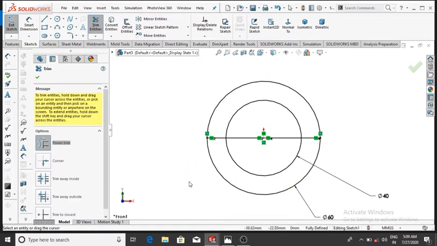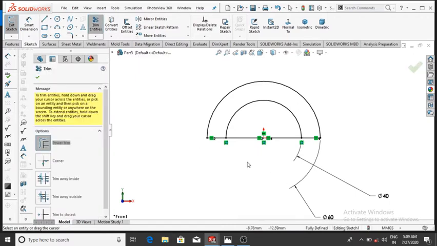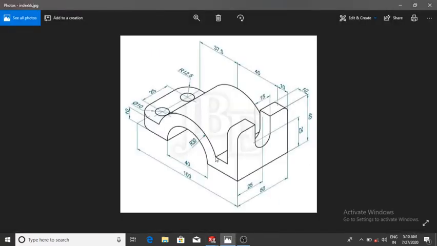circle. So simply select power trim and press the mouse right key, click and drag to it will be trimmed. See, and also trim this. So simply drag. Now OK, and now see it will be extruded from 50 mm.